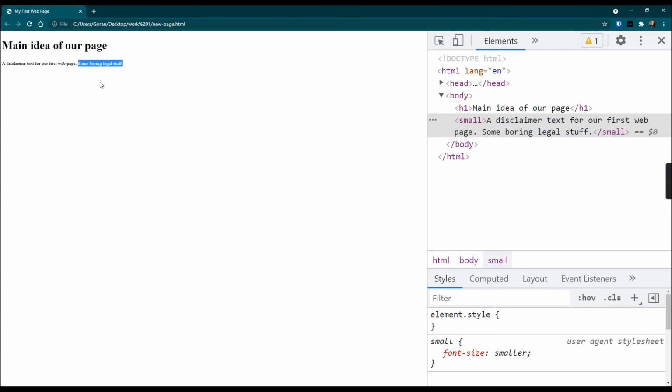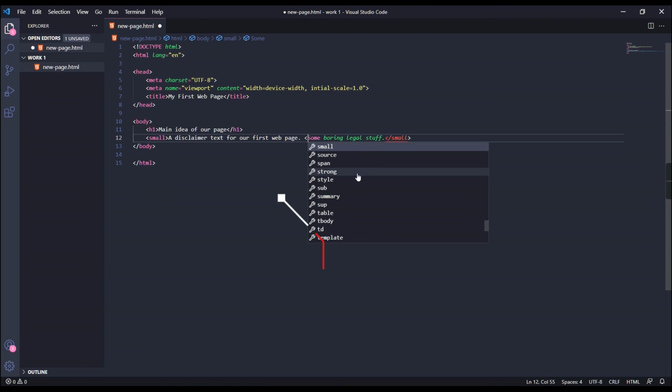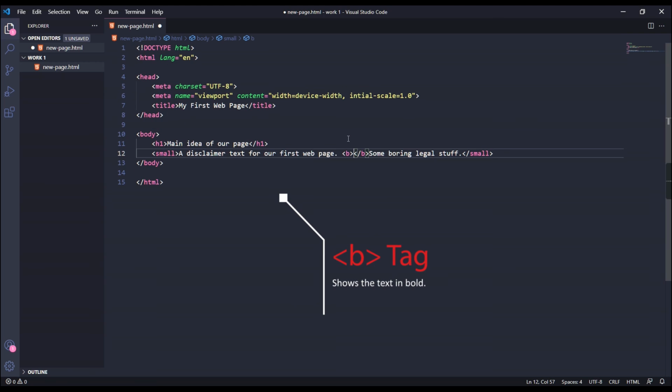And if our boss asks us, hey, this legal part of the text is super important for us, it needs to be emphasized, it needs to be shown in bold text, we can switch that part of the text easily by introducing another HTML tag, which is called bold. And you can guess it. It is shown like this, like the letter B, and it has a closing HTML tag,